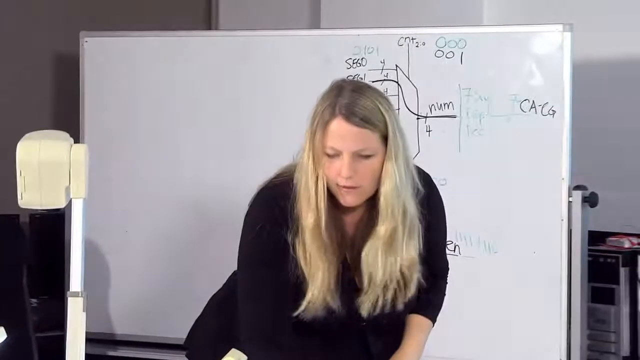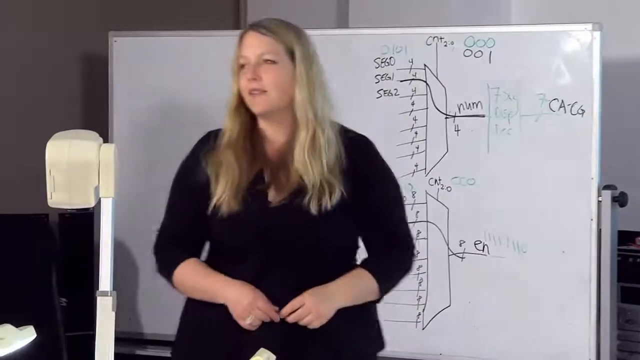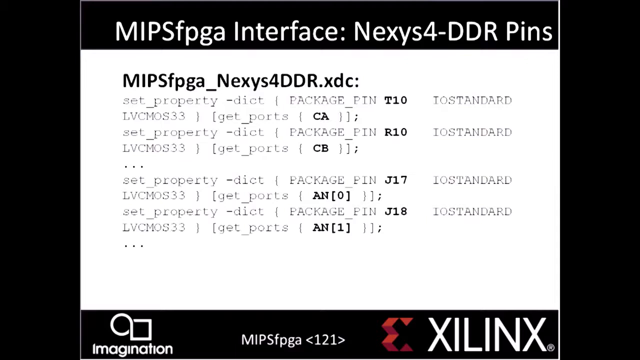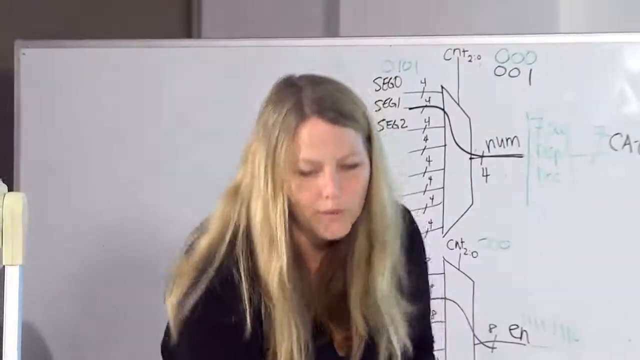OK, cool. Now the last thing we need to do is say where these pins are, and that's in the Xilinx design constraints file that maps the name that we have. So in this case, CA, the A segment, will map to pin T10, just because that's what the PCB has that connected to. And the nice thing is, let me go ahead and open some of these files and